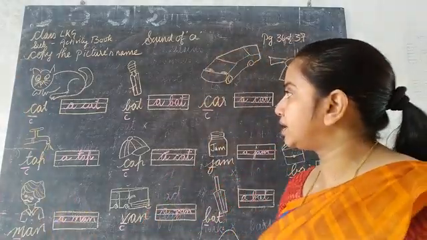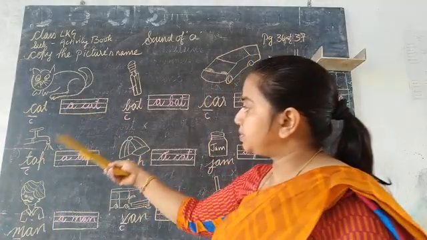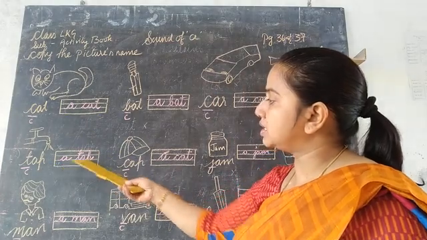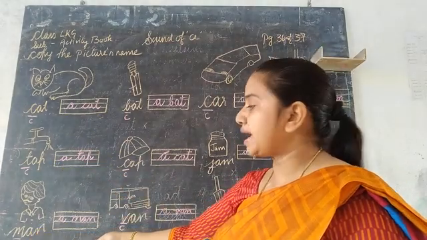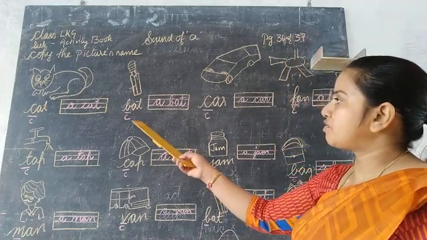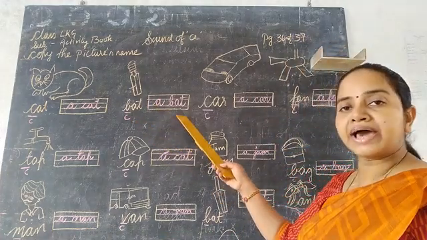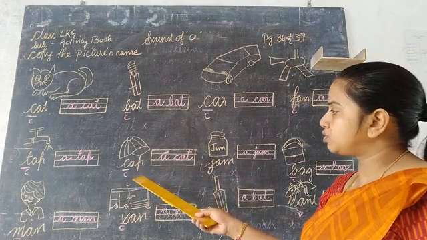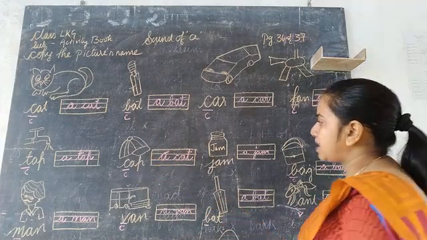एक बार हम लोग रीडिंग कर लें. कैट, ये पिक्चर है टैप की, तो हम लोग बोलेंगे टैप. This is the picture of a man, so we will read out a man. This is the picture of a bat, so we will read out a bat. This is the picture of a cat, so we'll read out a cat. I have written a cat.